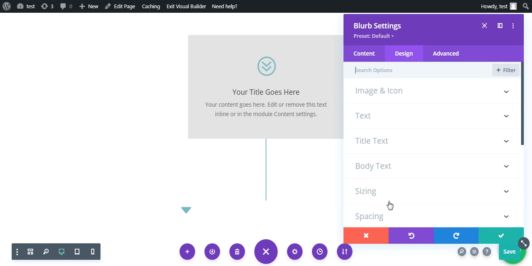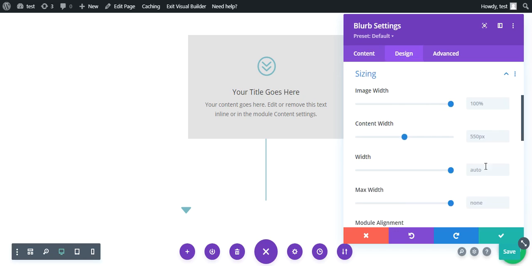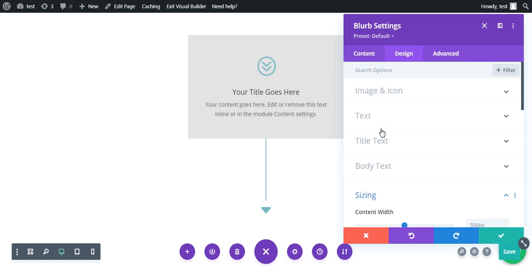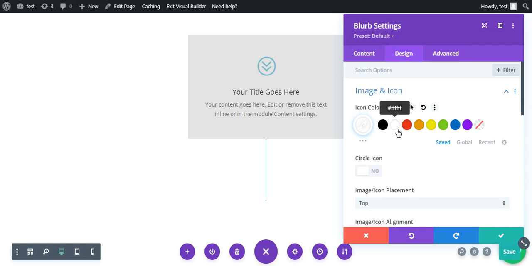Now the width, get the sizing and give the sizing of 50%. Module center, and we can give the size of the color as black.